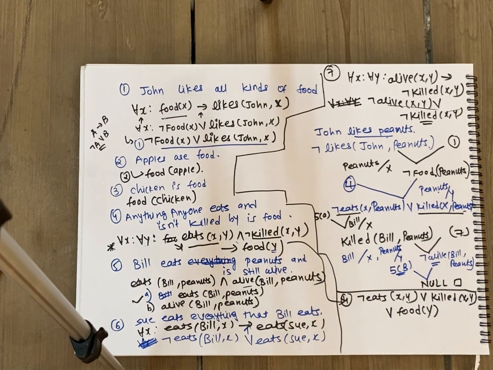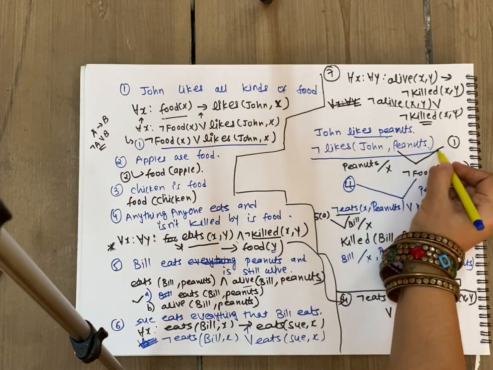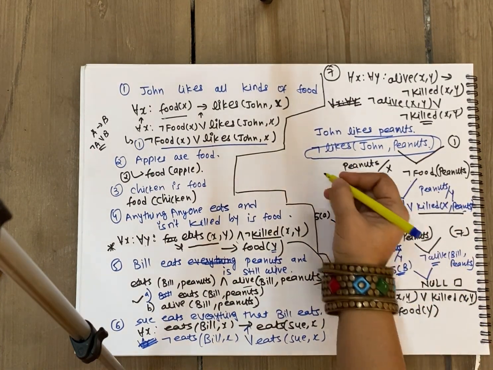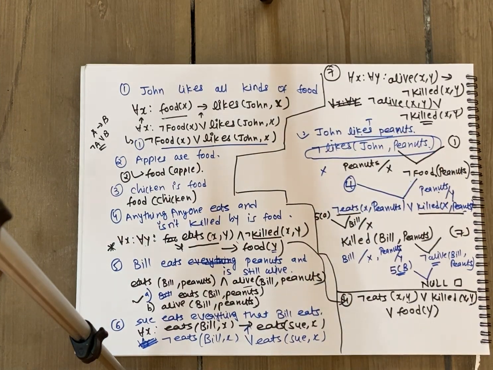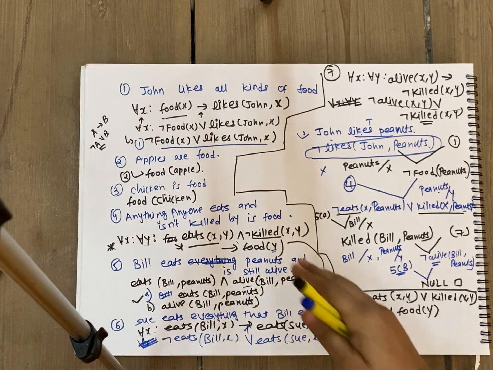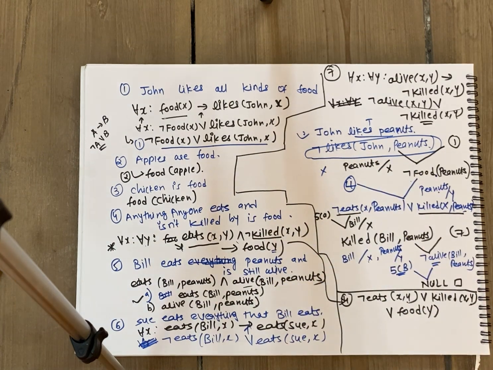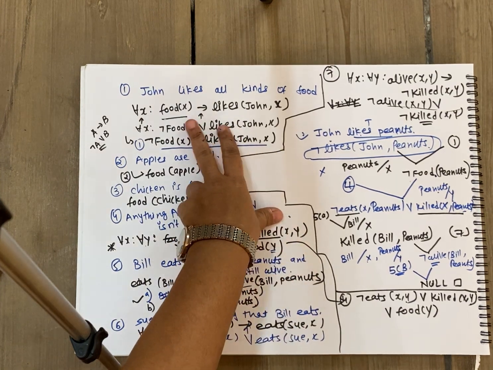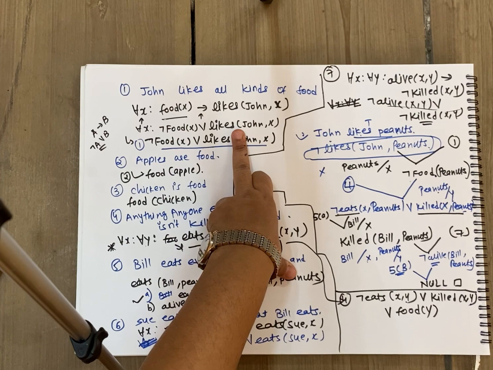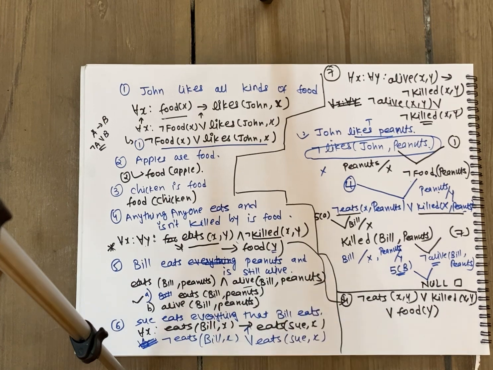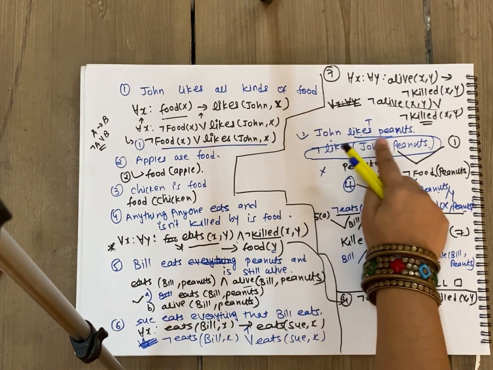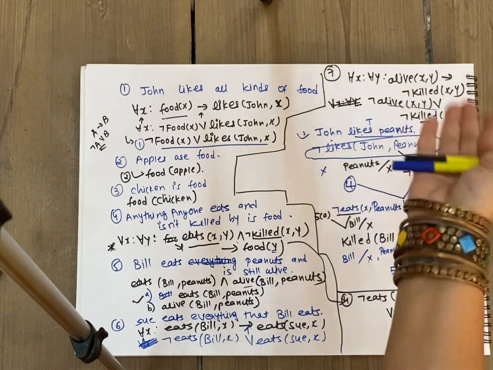When we reach null, what are we proving over here? We are proving that John doesn't like peanuts is false. It means John likes peanuts is true. So this is how the process of resolution is applied. Please refer to this example properly. In the coming lecture, we are going to solve 3 more examples where we are once again going to write the facts, write the predicates, write their conjunctive normal form, take the goal and apply the process of resolution to prove contradiction, so that whatever goal we have been given, we can prove it properly.